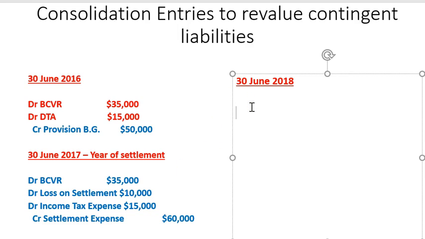Okay, so 30 June 2018 is the year after settlement. So what we do, we'll debit our BCVR because by increasing the liability originally, the owners of the company always had a reduction of $35,000 in equity, so that will always remain. All right, and then we will credit retained earnings, opening balance